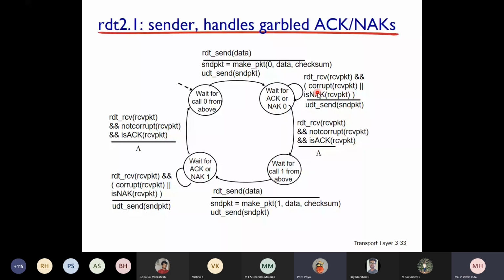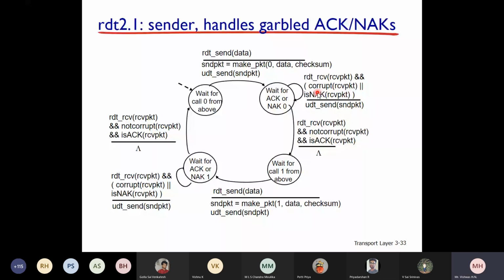See, for the original packet that the sender is sending, checksum bits are definitely added. The receiver, upon receiving that packet, will check whether there are any bit errors or not. If there are no bit errors, then the receiver has to send an acknowledgement for it, right? Or else how will the sender get to know the packet has reached the destination properly? The receiver has to send an acknowledgement.